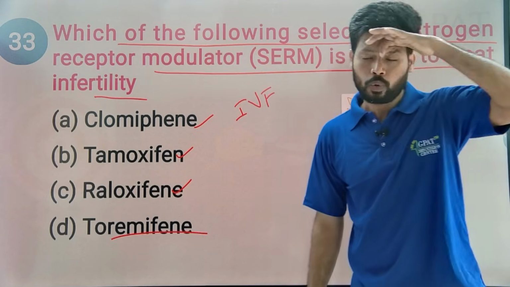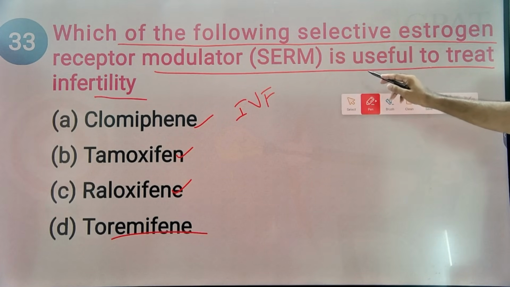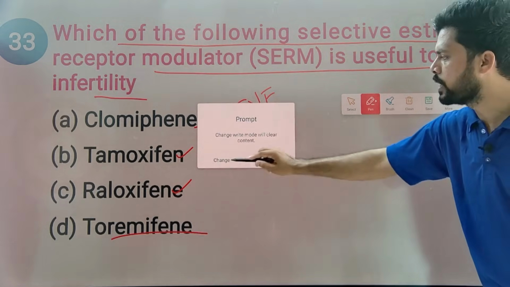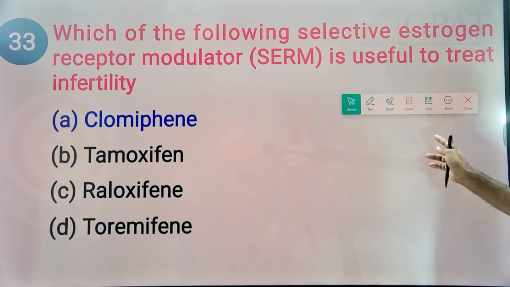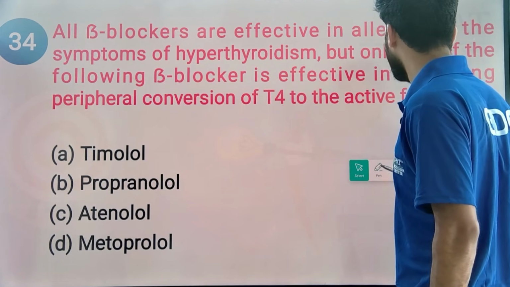So clomiphene citrate is a selective estrogen receptor modulator, a common drug in in vitro fertilization. The answer is very clear. Clomiphene citrate, a selective estrogen receptor modulator, is used in in vitro fertilization. Next,